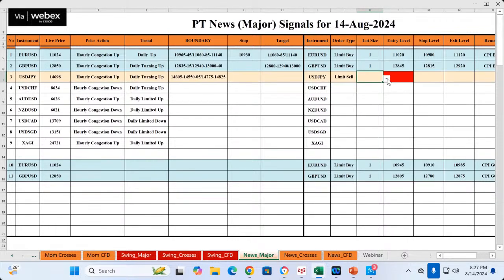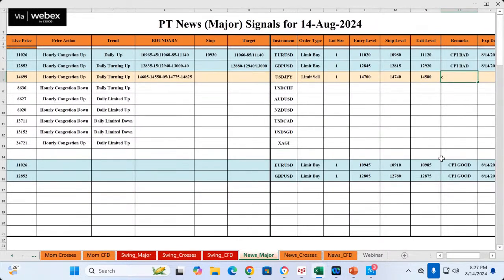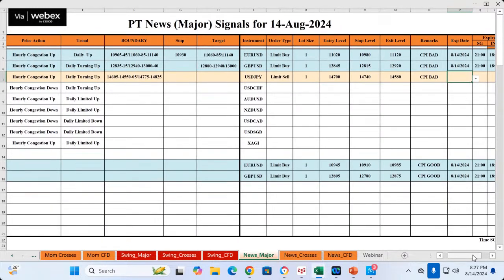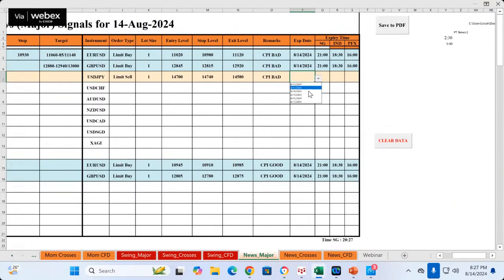We are going to go for a sell, and we are going to sell at 147, and we put our stop at 40 and TP at 145.80, and this is CPI bad. Okay, then again the expiry is 9 o'clock. Okay,